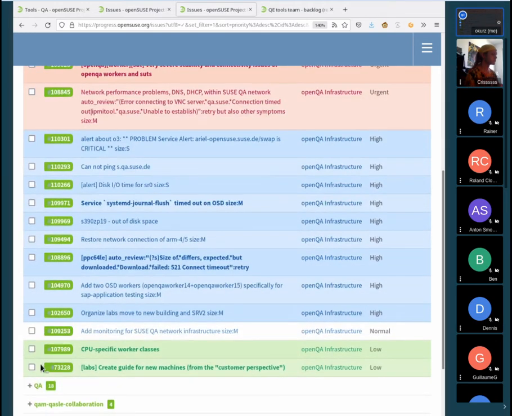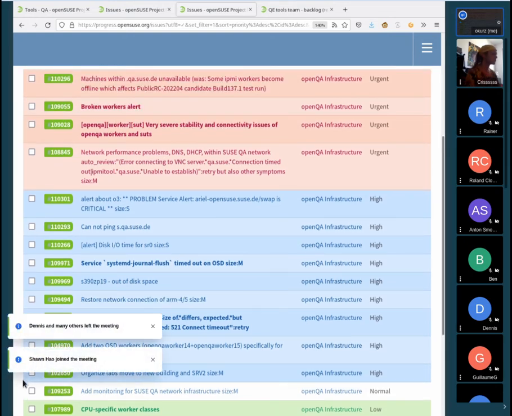Related to that, we also came up with a guide for new machines, so that anyone within SUSE knows better how they could bring a new machine into that data center.